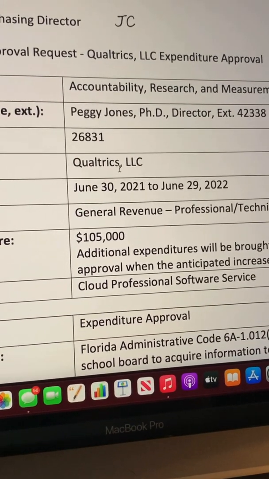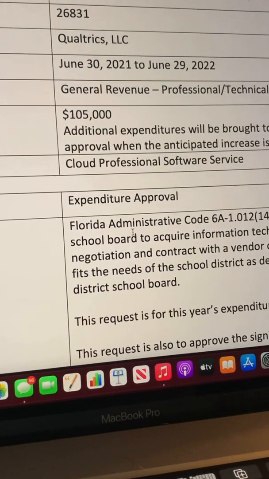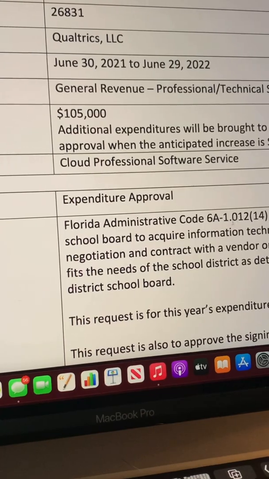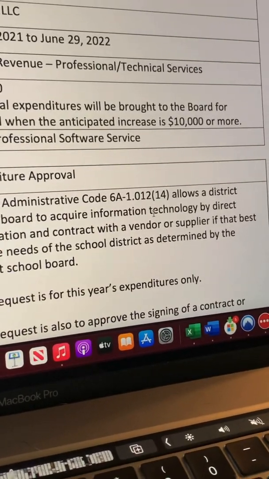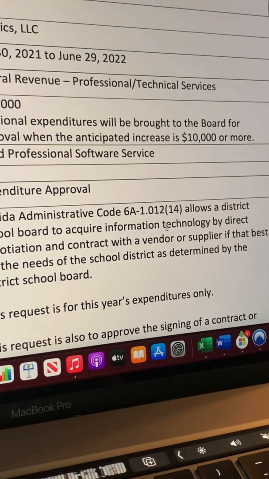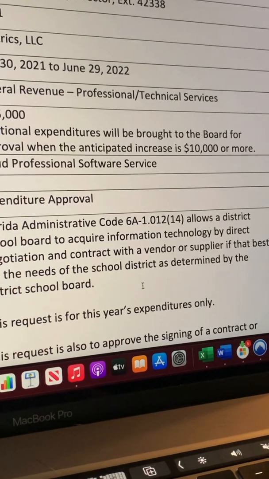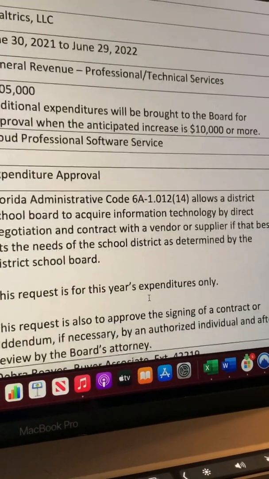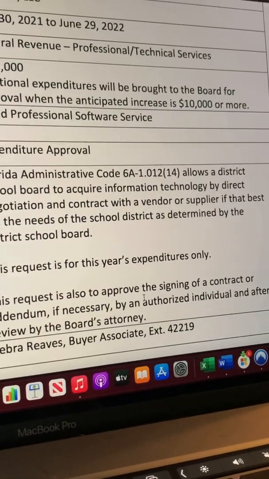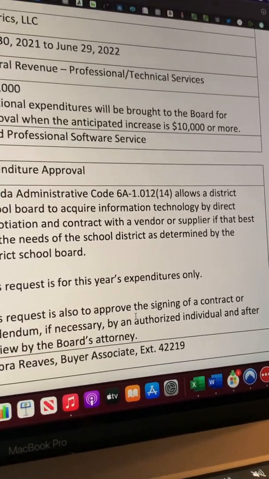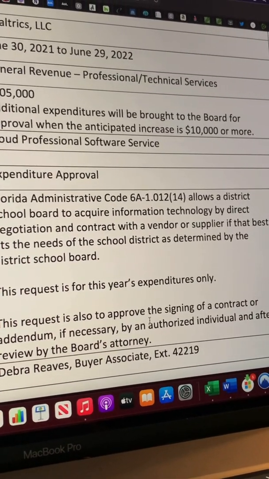$105,000 to a company called Qualtrics LLC. And they put their reference, and if you look up this Florida Administrative Code, they tell us that it allows them to acquire information technology by direct negotiation with the vendor supplier if that best fits the need of the school district as determined by the district school board. In other words, it shouldn't matter to us. We don't get any say in it,